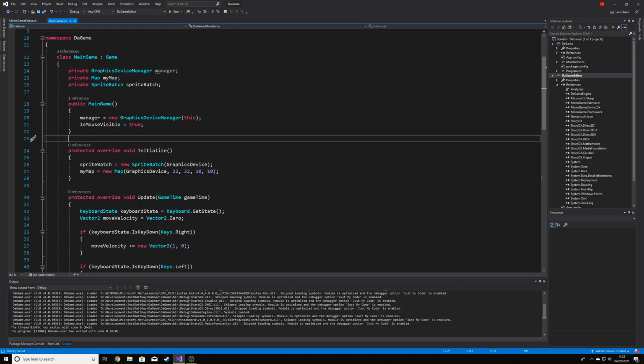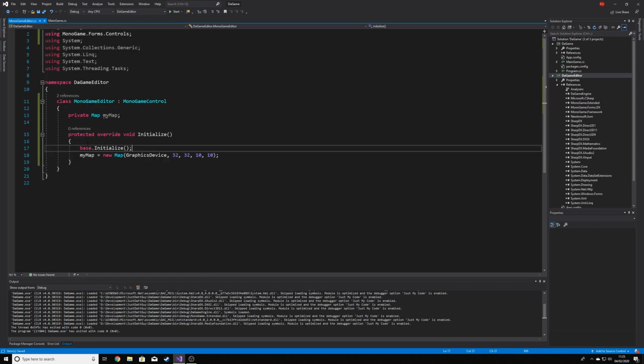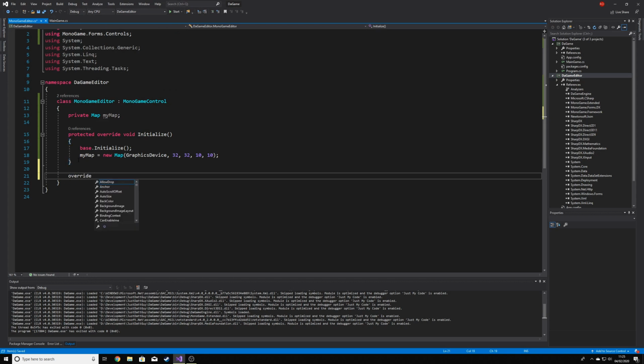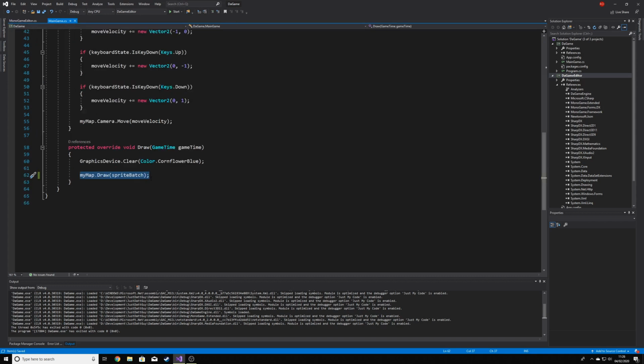And then next what we need is a call to draw to then draw the map. So we'll override draw. We'll leave the base.draw in there again and do everything after that. So if we take our